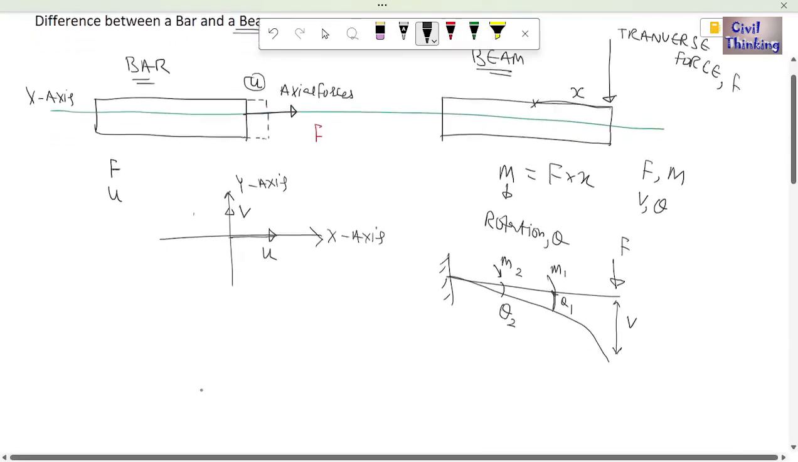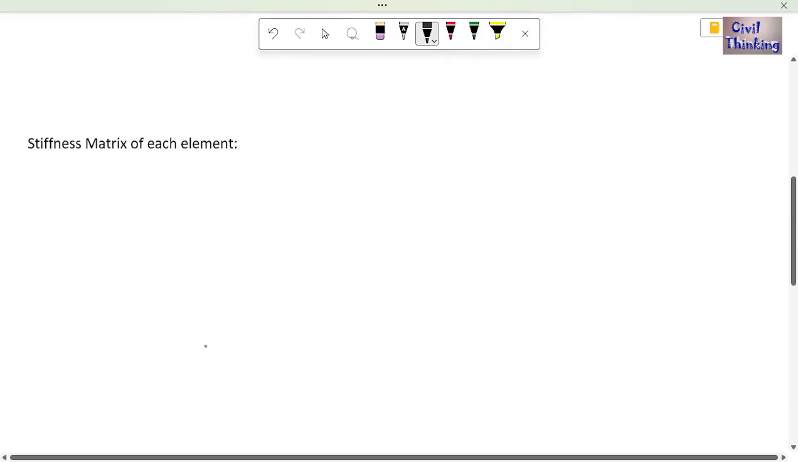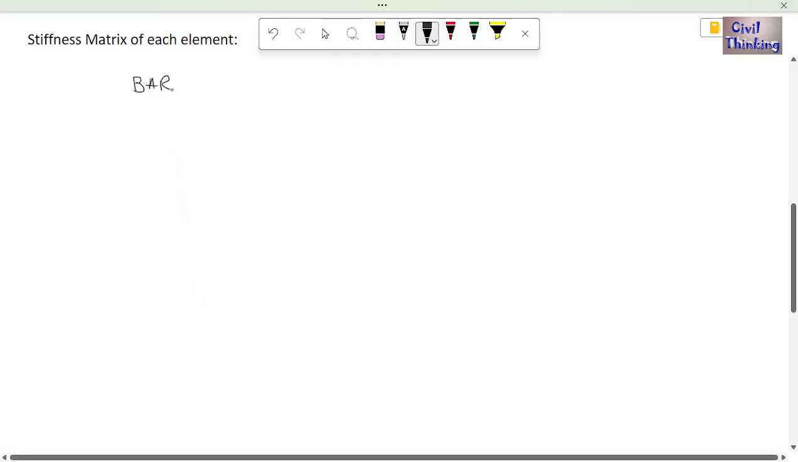So let us move on. Now let us talk about the stiffness matrix of each element in a beam and a bar. Now if I talk about a bar or a rod, as I have told you in the previous classes,